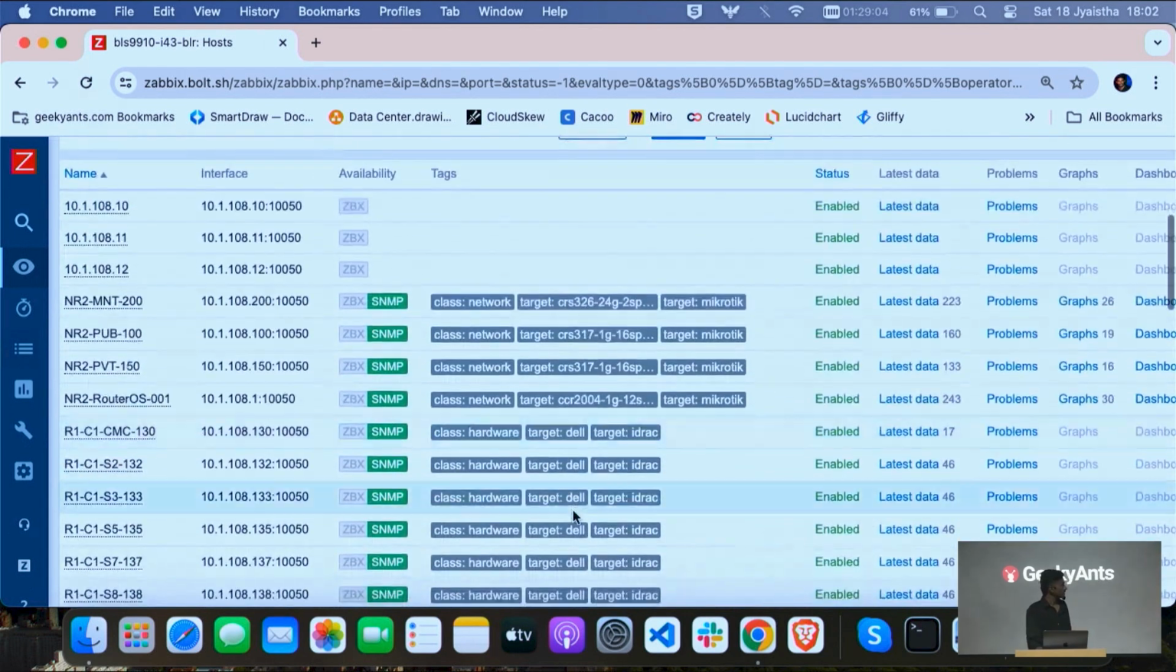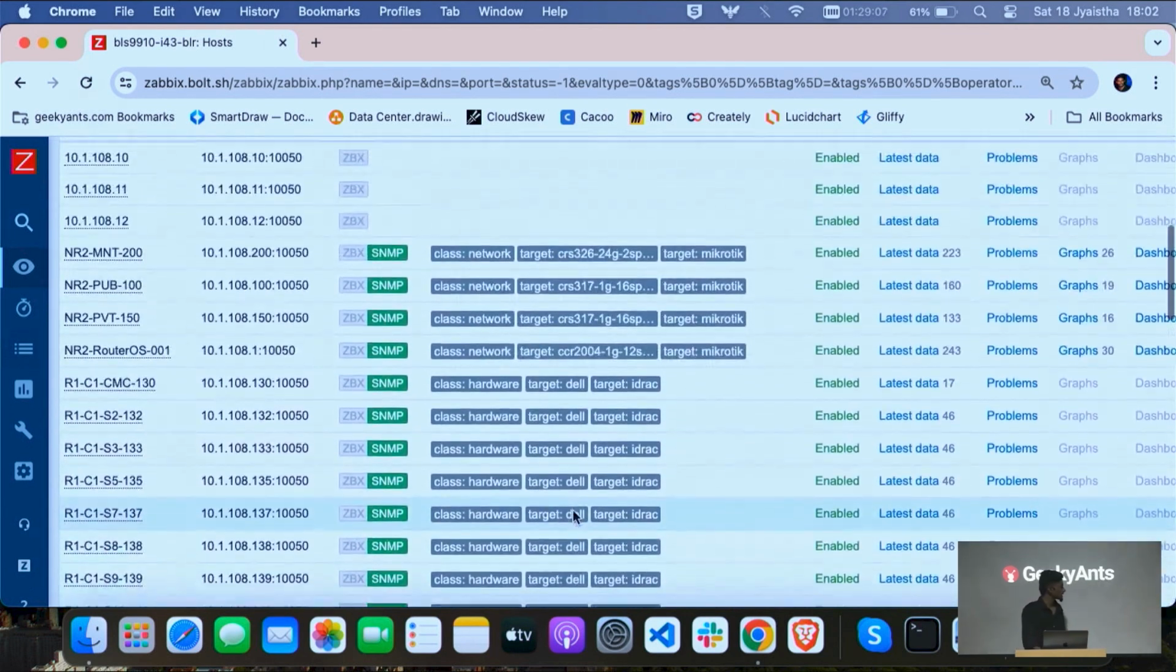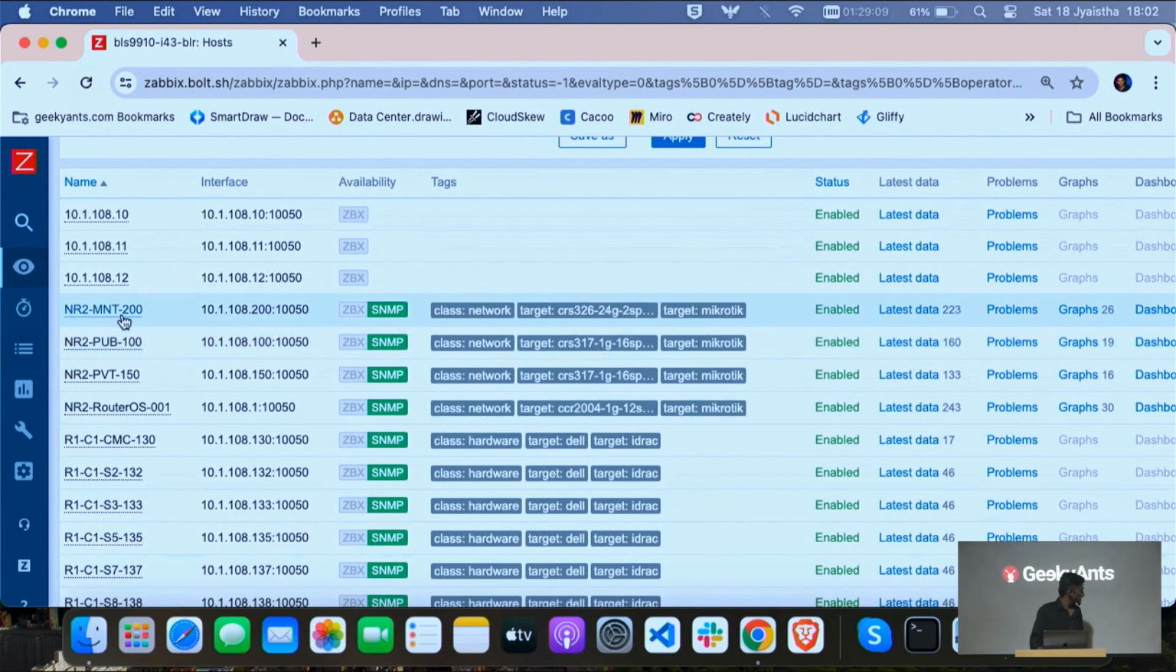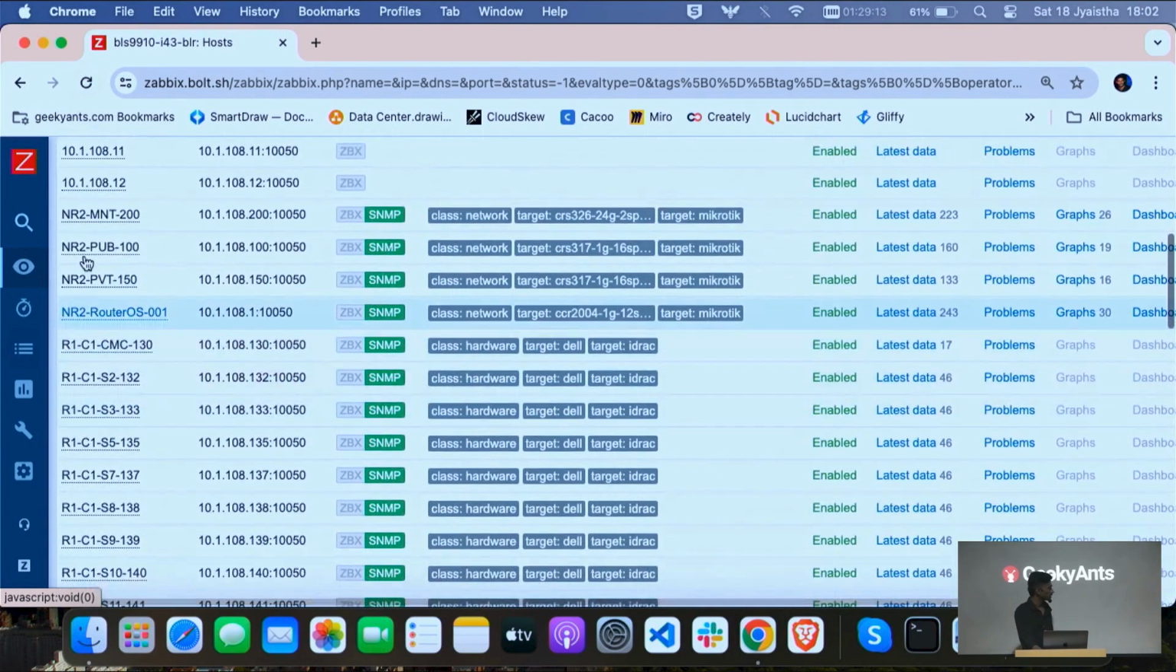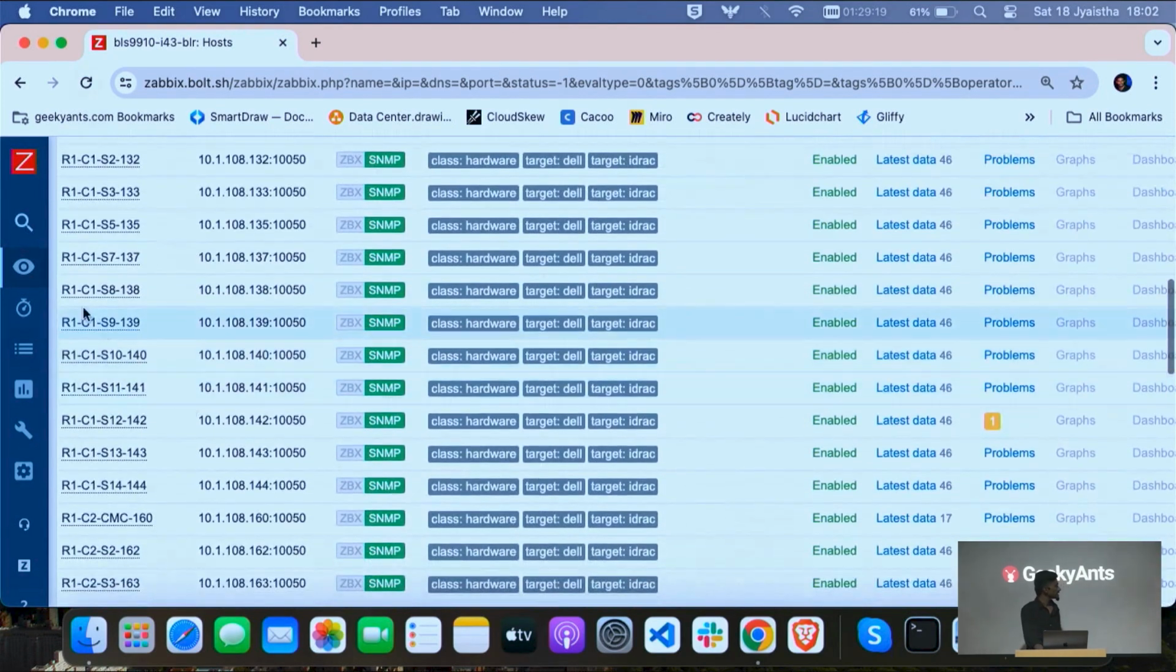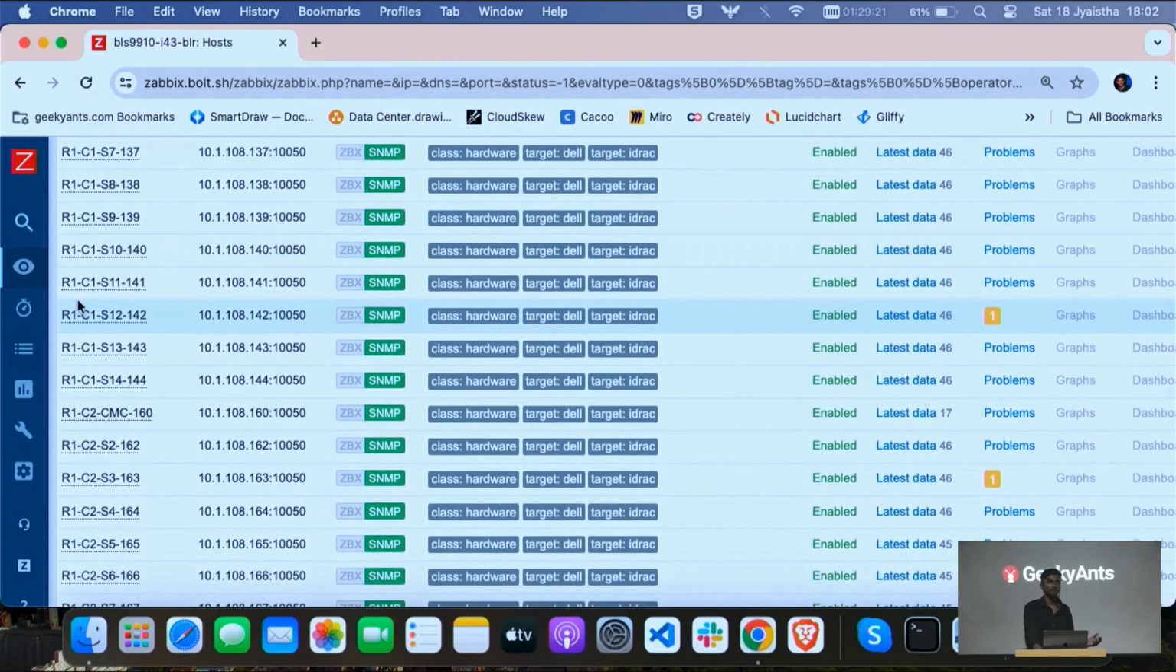So this is how our host looks like. These are the MNT switches, public switches, private switches, the router OS, the main router OS, through which the uplinks are sent to all the racks. So this is pretty important for us. Then the chassis slots, we have blade servers, storage servers, rack servers, Cisco switches, MikroTik switches, routers, and